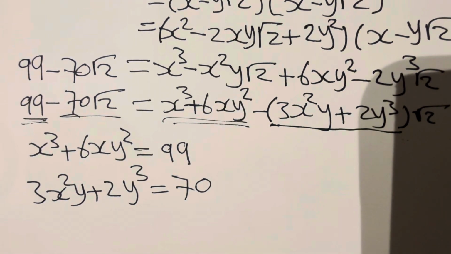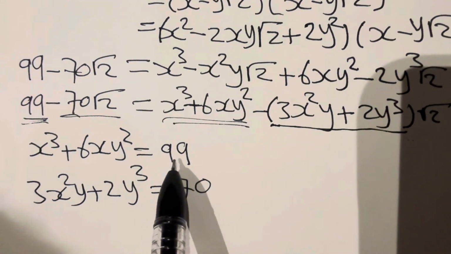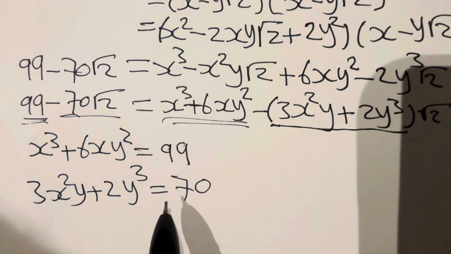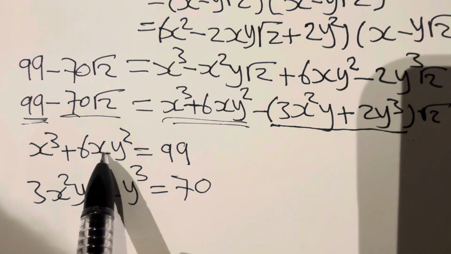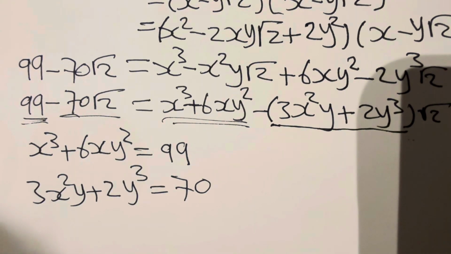See, in order to get rid of those two terms, these two big numbers, we have to multiply this equation by 99 and this equation by 70. So we get 70 times the top one,